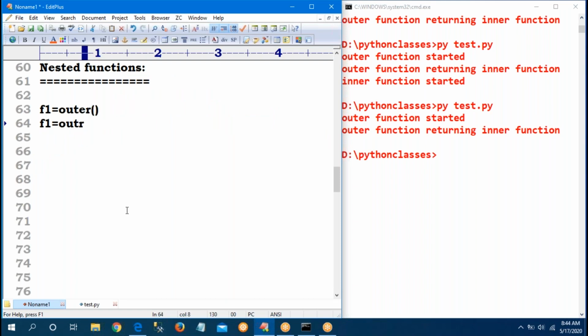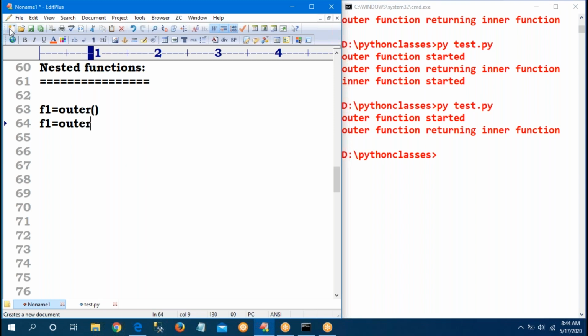What is the difference? Any guesses? Without parenthesis, with parenthesis, what is the difference? Sir, simple, sir. Previously observe.